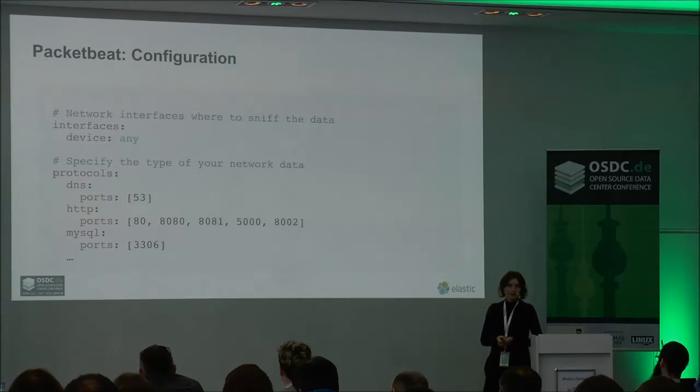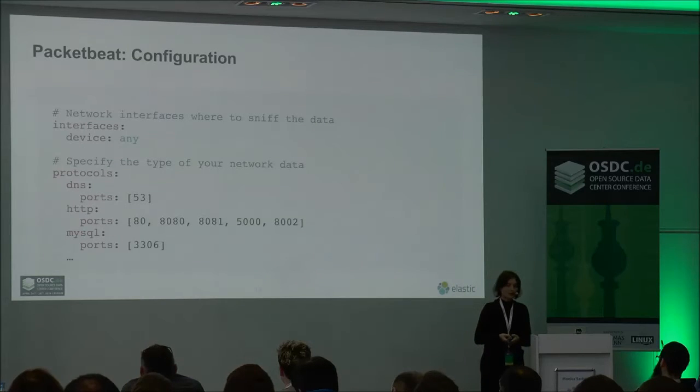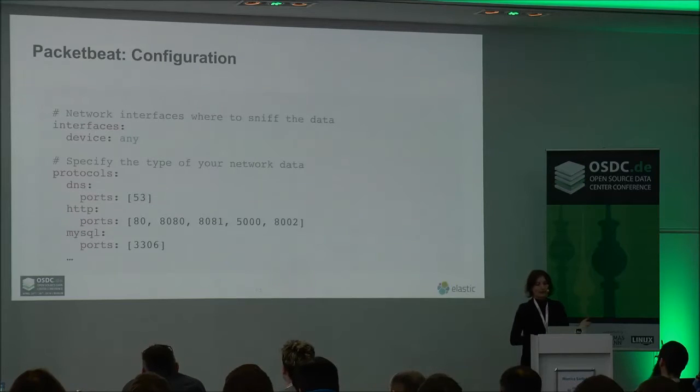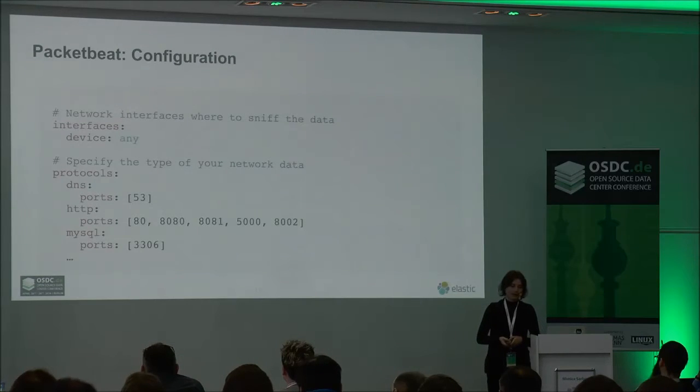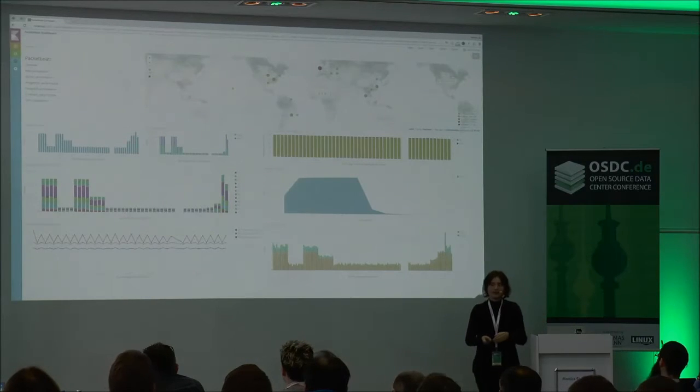In the configuration file of Packetbeat, you just need to specify what interface to sniff. Here in this example it is any device, but this works only on Linux. And also for each protocol, you have to specify on each port to listen for the traffic. After you start Packetbeat, it will start sending the data to Elasticsearch, and only then you can visualize the